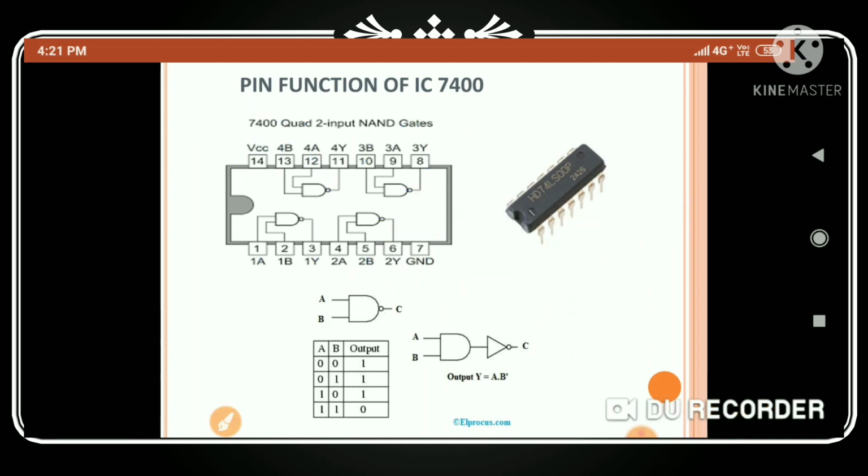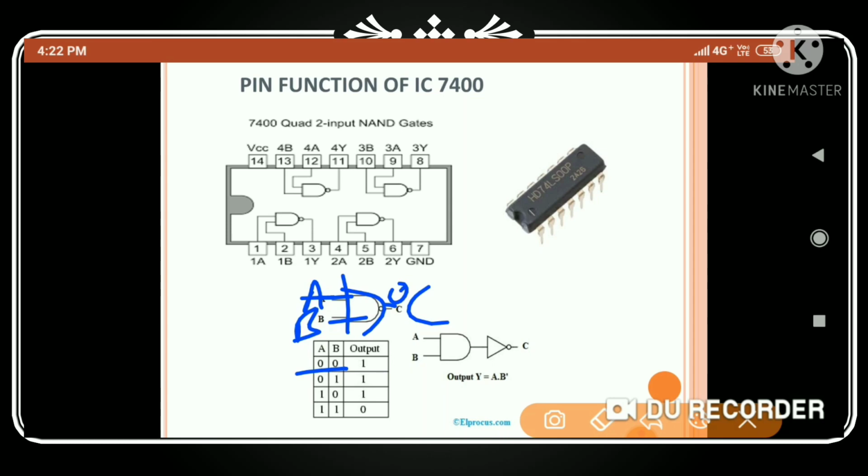You can see the table of this NAND gate. Here the inputs are A and B, for only one NAND gate, A, B, and this one is C. You give 0, 0 and what does the output become? 0, 0 becomes 1, because the small circle gives a NOT, which gives a 1.